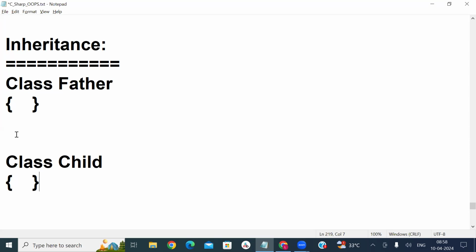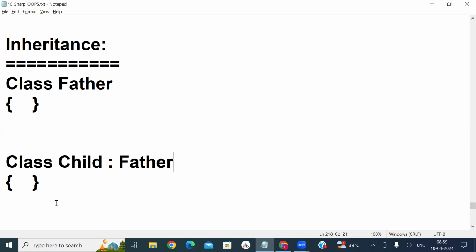I want to create an object for the child class where all the properties available in the father class can be accessed. For that, I'm going to use :father. That means the father class is inherited by the child class.